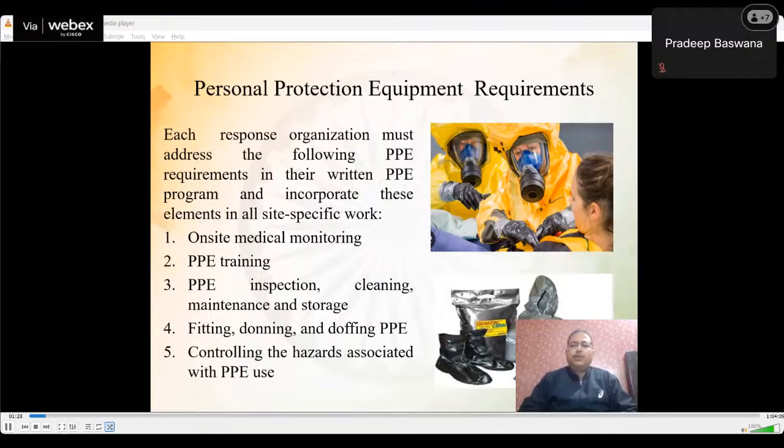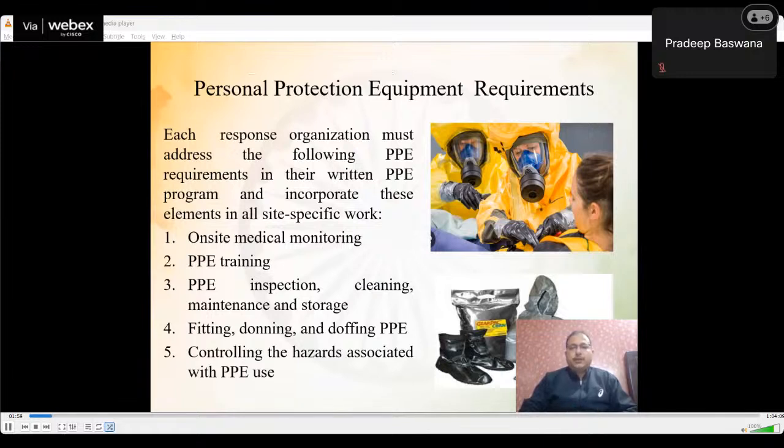PPE is personal protective equipment, as the words themselves elaborate: equipment that gives us safety as a person, or personally. For example, you can see the figure here. Two people are wearing certain things, and certain boots are here. So we can easily understand these types of requirements, or you can say a simple blanket or clothing which should be competent and compatible to handle any kind of situation that arises for chemical emergencies or